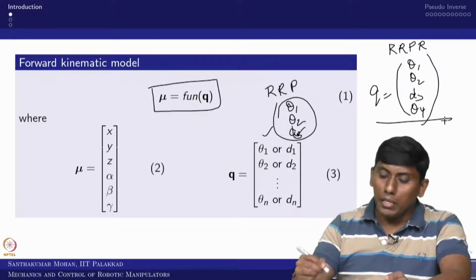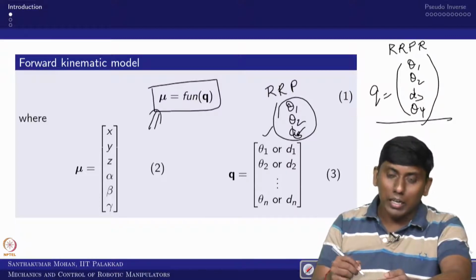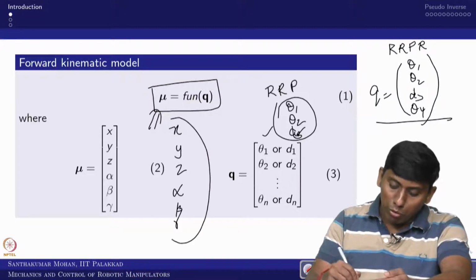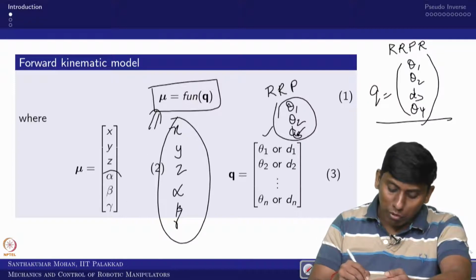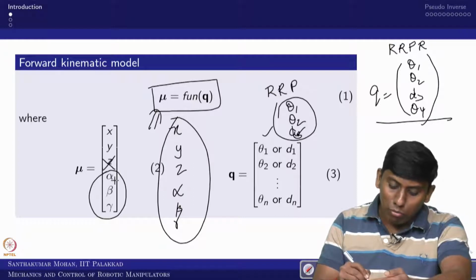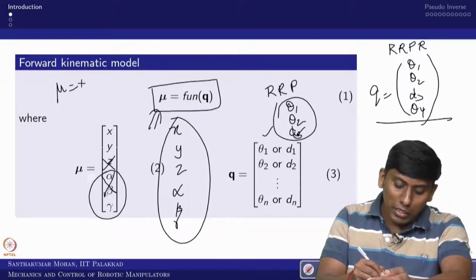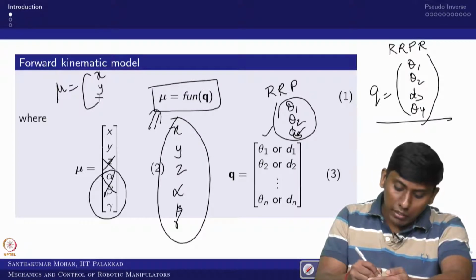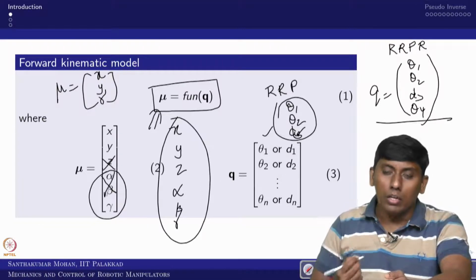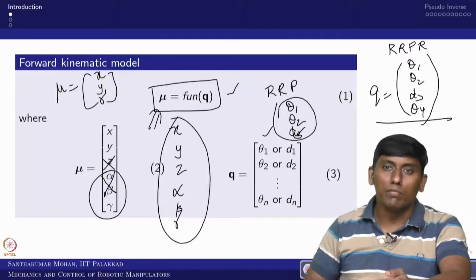If there are 4 variables, then you can control 4 variables. In the sense, mu you can write as x, y, z, and alpha, beta, gamma would be the 3 angular orientations. That is what we have written. But if it is a planar manipulator, z would not be coming, and these two angles also would not be coming. In the sense the mu vector would be reduced to x, y and gamma. This is very straightforward. You recall, whatever we have seen so far for the serial manipulator, all these forward kinematic solutions we have obtained.